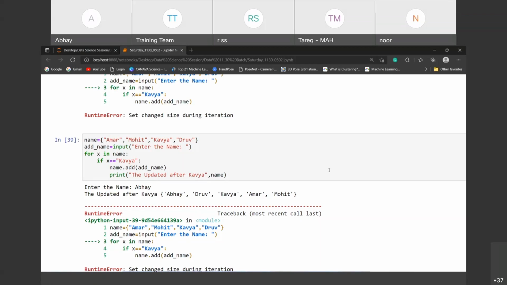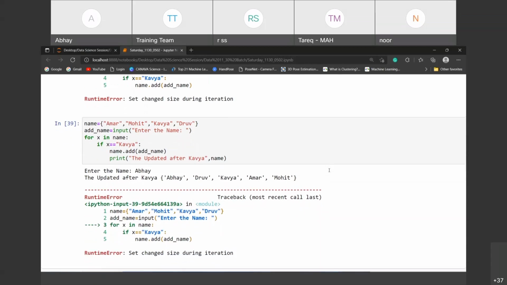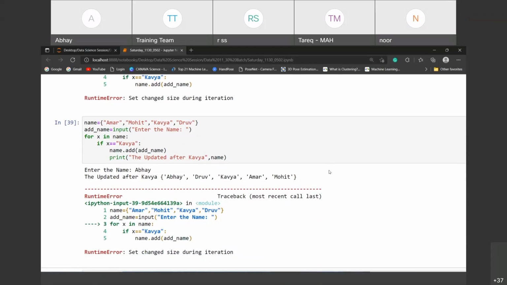So that is why I would like to x in a name is a 4, but after going through the loop it's 5. Even that, suppose if I'm going to add Abhay there, even the loop doesn't know which place Abhay will take. That is why a set changed size during iteration gives a runtime error, a runtime problem. Got it? So sets are not working for addition when an if-else condition or looping concept is there.